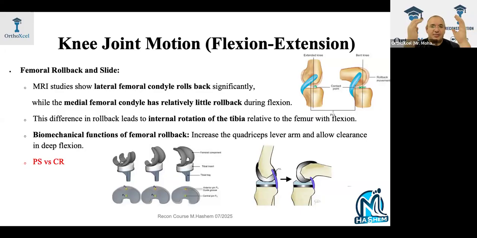To understand, the medial femoral condyle is relatively longer both distally and posteriorly. When you start to bend your knee, as you see in this picture, the point of contact is running posteriorly. And that gives you the idea behind the femoral rollback. Number one, it allows you to flex all the way. That's why you can have up to 140, 150 degrees of flexion of the knee. Without this rolling back, your knee will not go beyond 90. Number two, it improves the lever arm of your